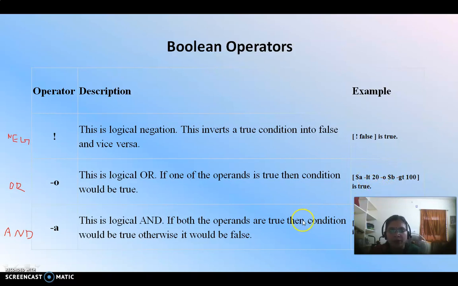But coming to the and condition, you are checking the logical validity of the two operands, $a less than 20 and $b greater than 10. Both conditions must be true in the and, like C. Okay, both conditions must be true, then and will be true, and if any one of the conditions is true, then or will be true, like that. So if both of the operands are true, then only the condition will be true. Here either of the conditions will be true. Here negation false is equal to true. Similarly, negation true is equal to false.